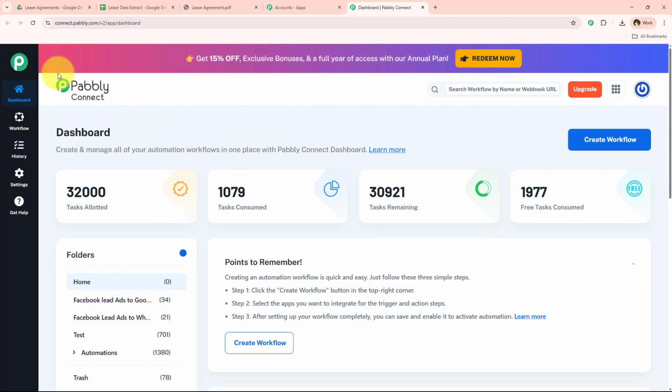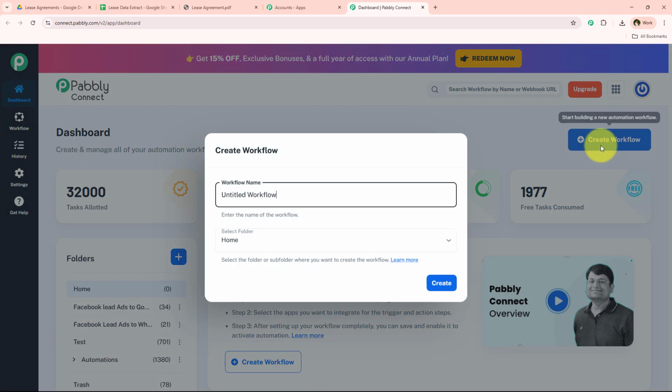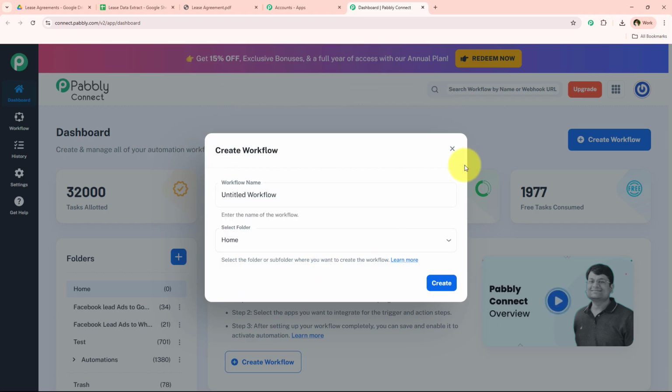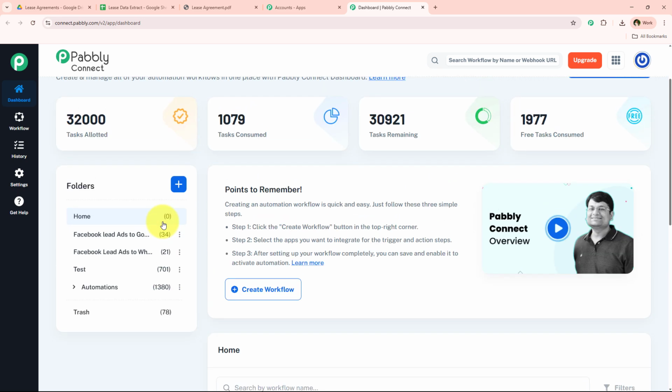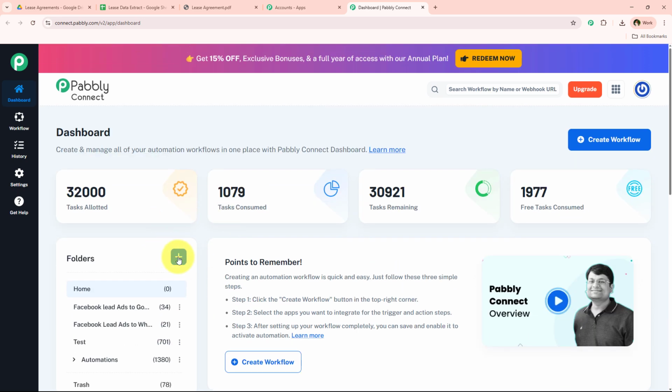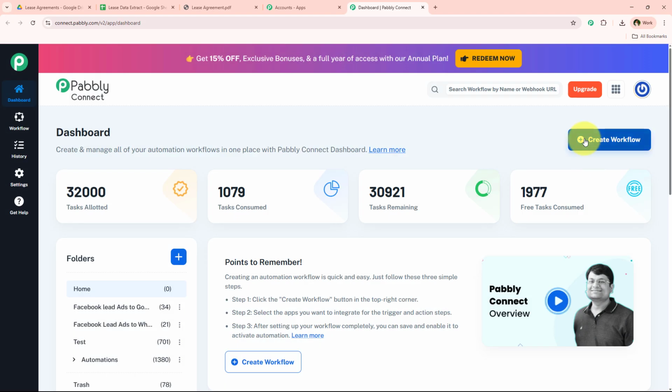And after opening the dashboard of my Pabbly Connect account, over here I'm just going to click on this button which says create workflow. And now it is asking me for the workflow name and the folder I want to save the workflow in. So over here you can see that on my dashboard I've already created multiple folders in which I save my workflows. So if you also want to create a new folder, you can go towards this create new folder button and create your own. I've already created multiple, so I'm just going to save my workflow in one of these only,